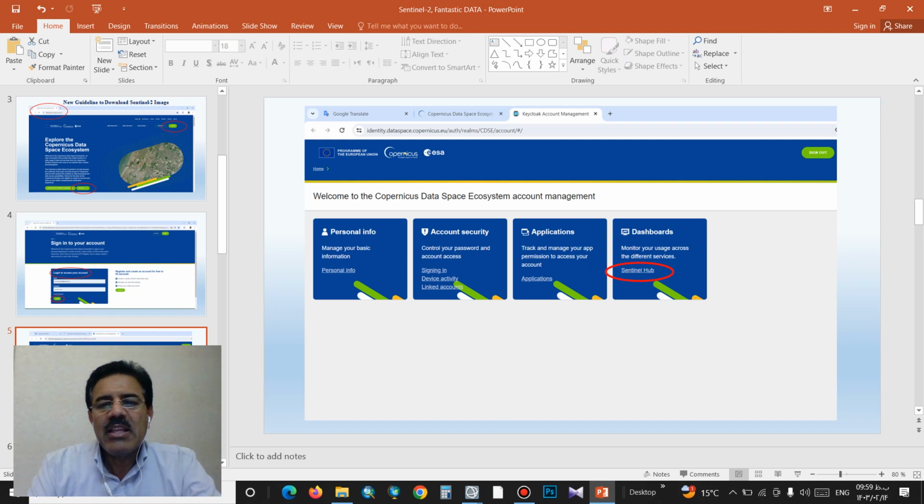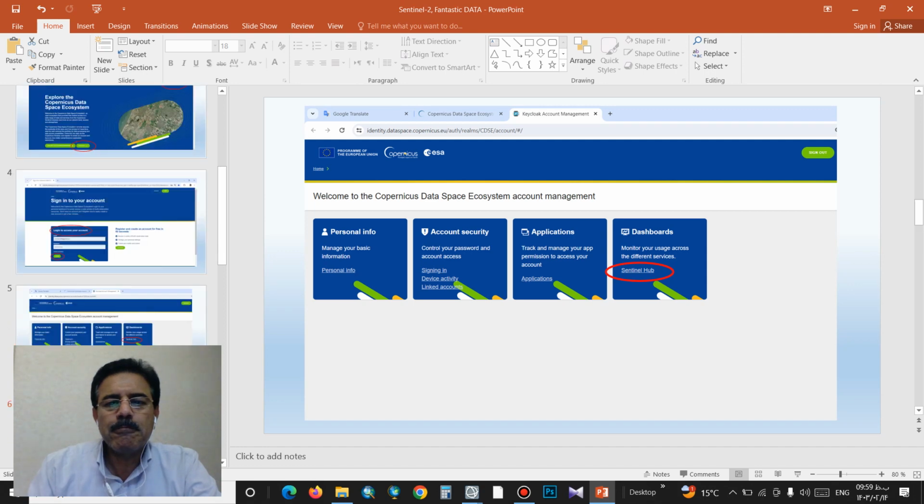And next step, Sentinel Hub. Select Sentinel Hub and next